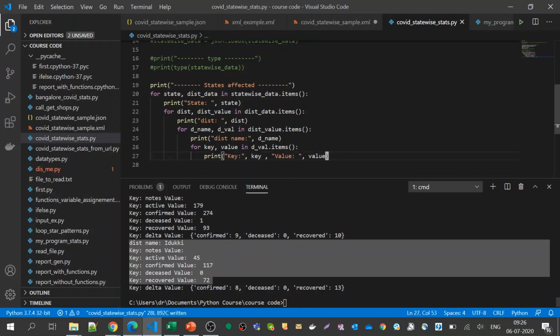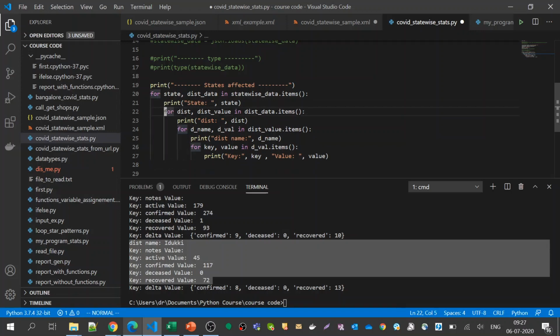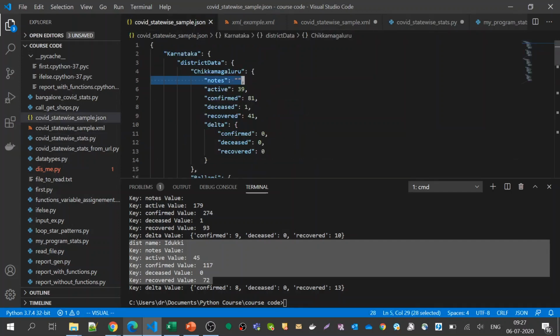Now what I should do here is, maybe at state level you define counters here, count underscore whatever you need, and then you increment the counters because you got keys and values already. You have multiple values here because this whole thing is a dictionary. This is key and this is value, and also there is key and value. So actually you need to ignore this, you don't need to touch this. You want to parse only these three values.